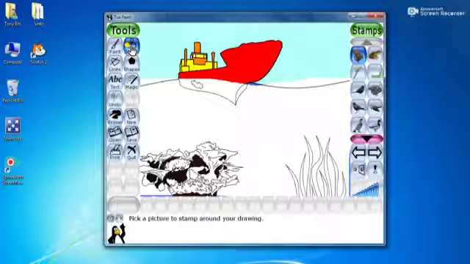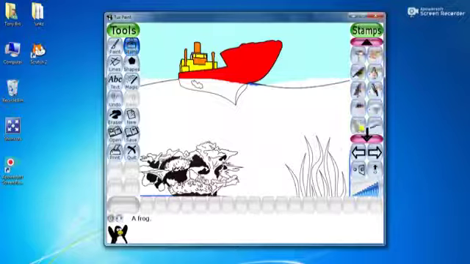Here if I use this stamp, next year you will be taught the use of this stamp tool. Here you will find quite many animals.